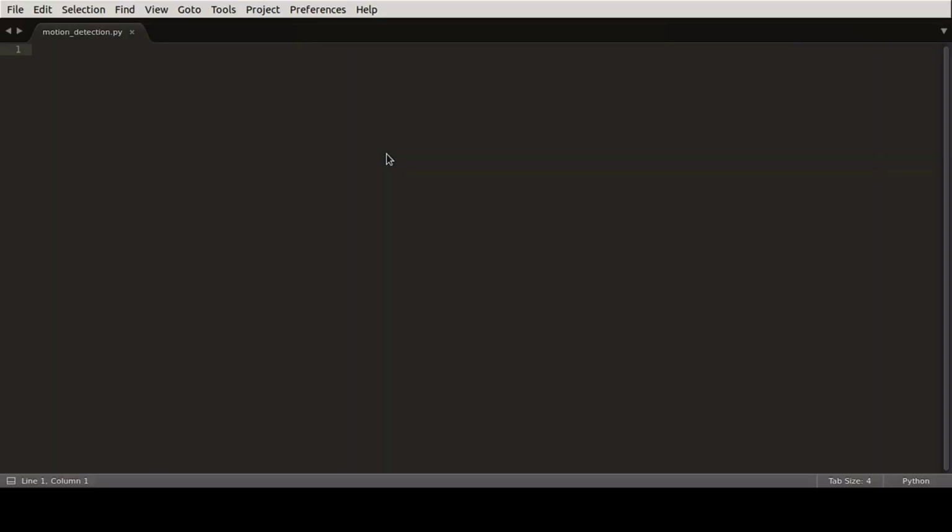Alright, so now let us open our favorite text editor. I have created a new file called motion_detection.py, and then we will save this in the folder that we created. So here I have saved it as motion_detection.py. So let us start importing some of the modules that we will be requiring.